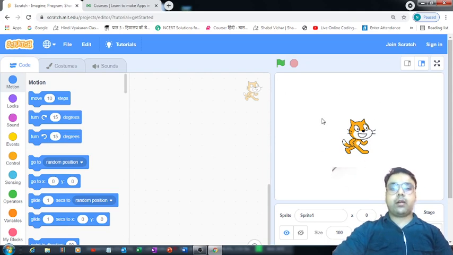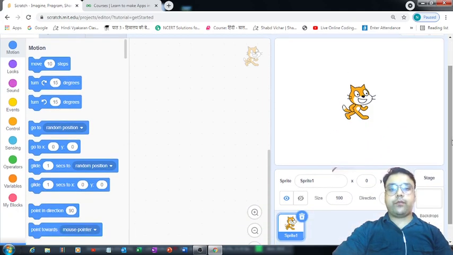Then we have this playground on which you can define the sprites. If you want to define an appealing background, you can do that very easily. Then this section is divided into 2 different parts. The first consists of a playground and the second consists of the properties panel. Whatever sprite or objects you define on this playground, if you want to modify the properties of that object, you can refer to this properties panel.